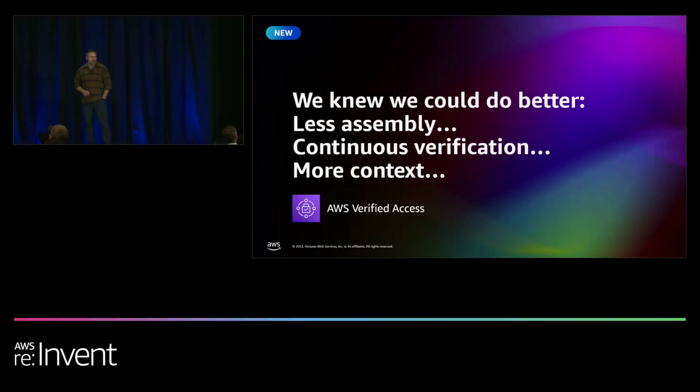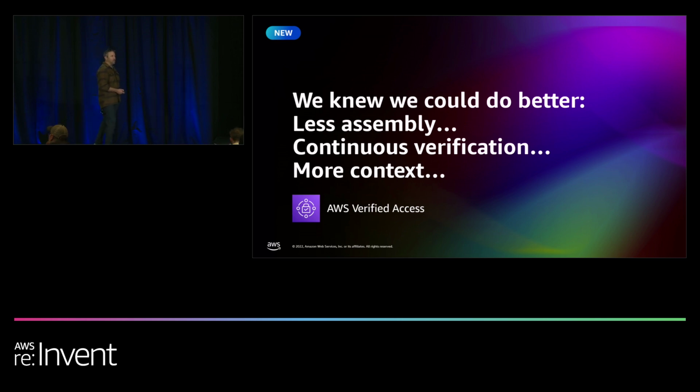But in either case, we still knew we could do better, right? Both of those still required a little bit too much assembly. We were doing better security than before, but we still probably weren't at a full, what most folks would consider, zero trust bar, because some of the checks around device, some of the checks around identity, were kind of happening once per application rather than once per request. And we weren't maybe considering the full context of what we might evaluate, right? And here again, right,